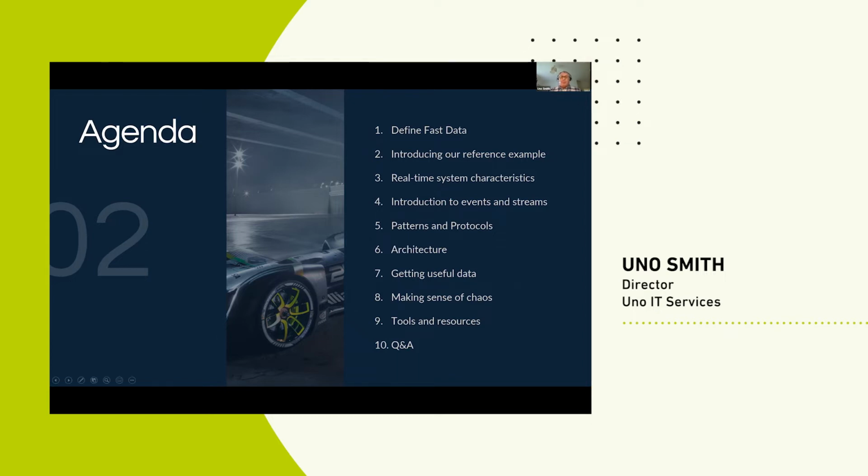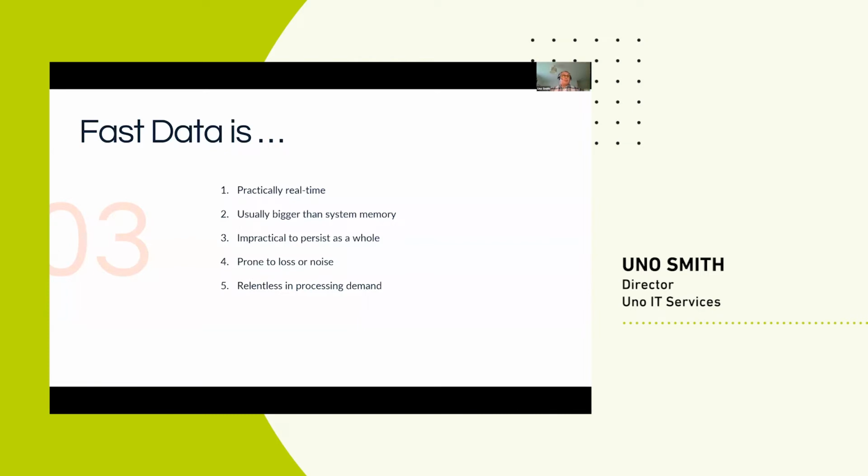So, right, let's start with a definition, at least from my perspective. What do I think fast data means? I think for me, fast data is practically real-time data, and I don't want to get into a debate about what real-time means. The pedantic among us will say that real-time means it has to be absolutely real-time, and other people will then argue that doesn't really exist. So my definition is that it's practically real-time, and therefore, as far as we're concerned, the data is coming into us for processing now, and needs to be dealt with.